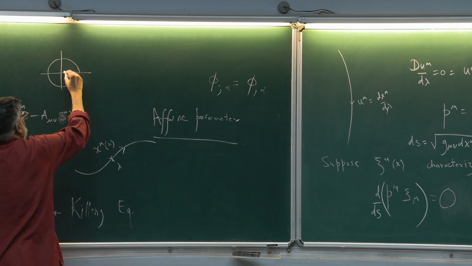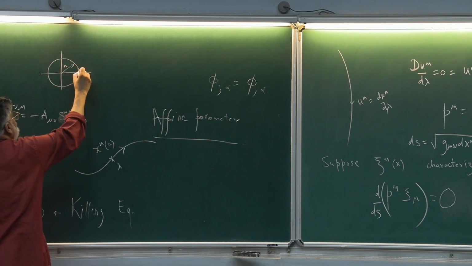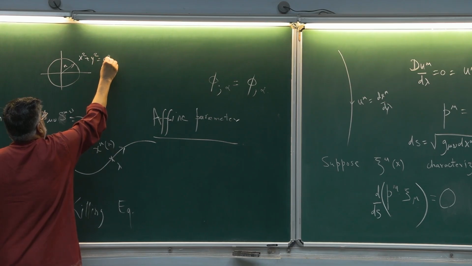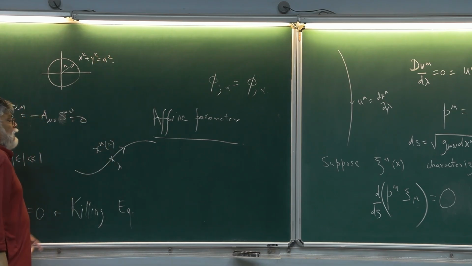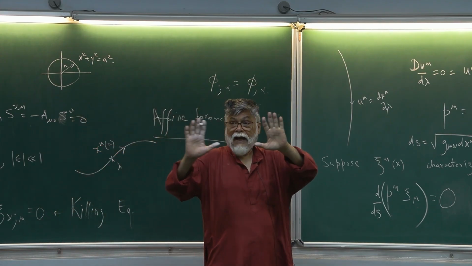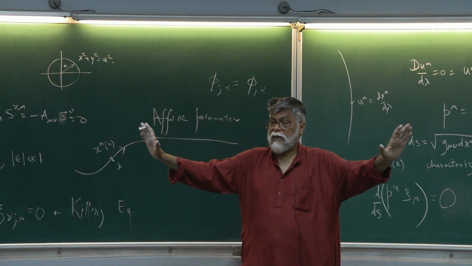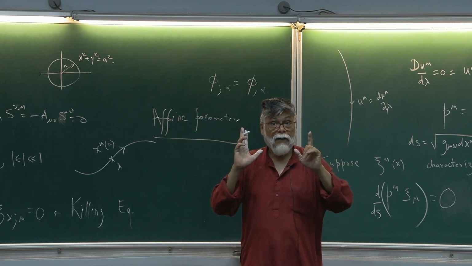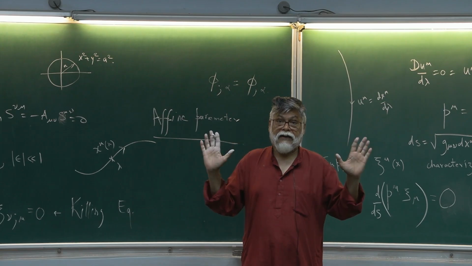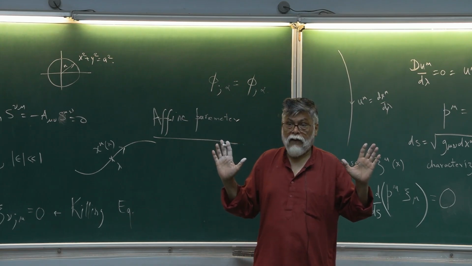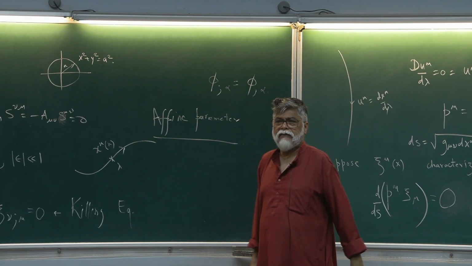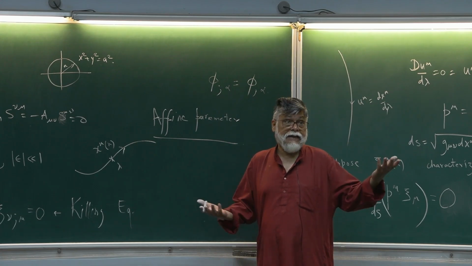Circle, I know, if this is the radius a, the circle is x square plus y square equal to a square. So the curve, namely the circle in this case, has the equation x square plus y square equals a square. Here I am not defining the curve in terms of any parameter. But someone will say, well, it's better to describe the circle, which is a curve, in terms